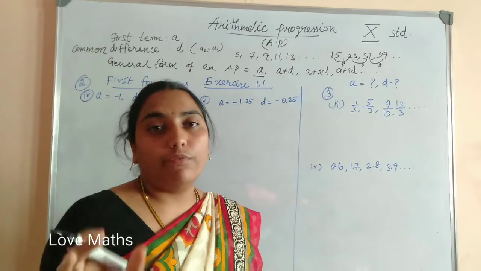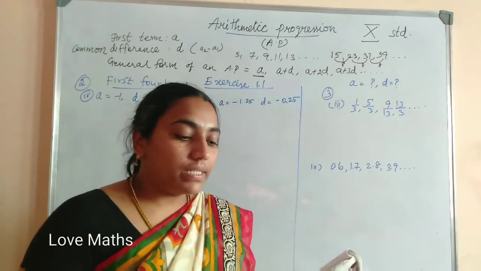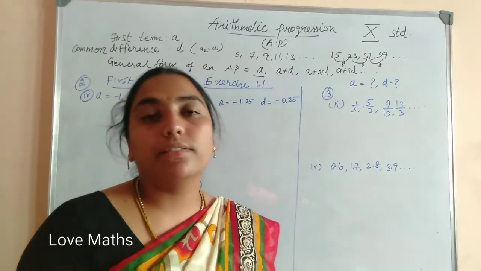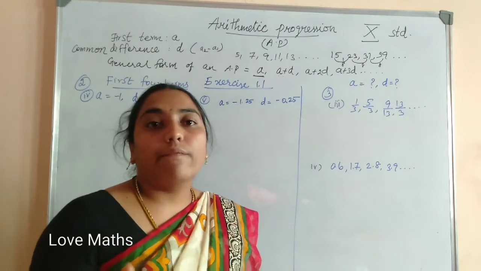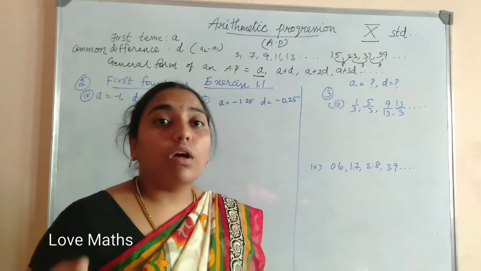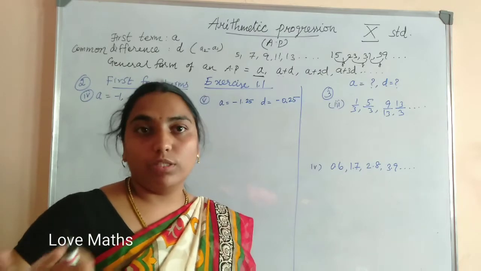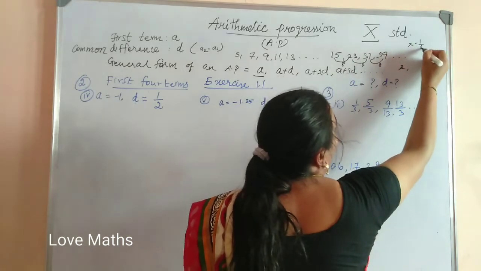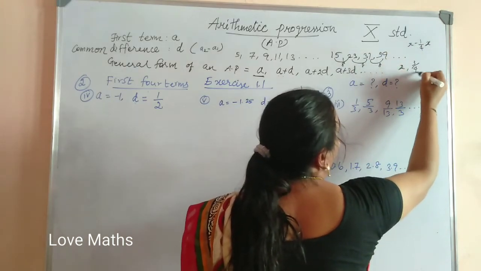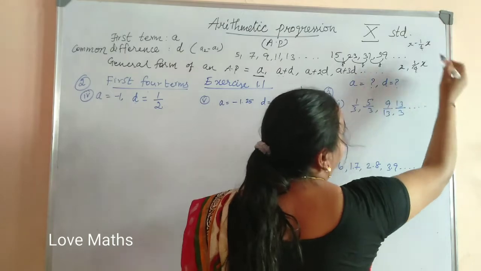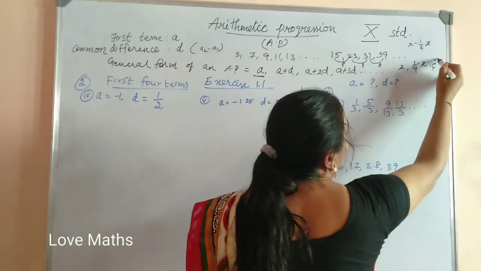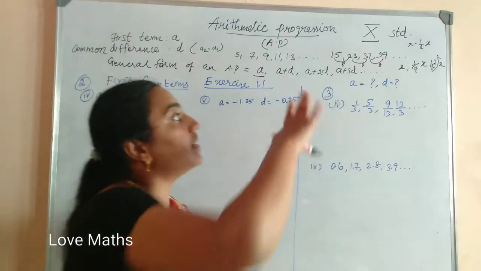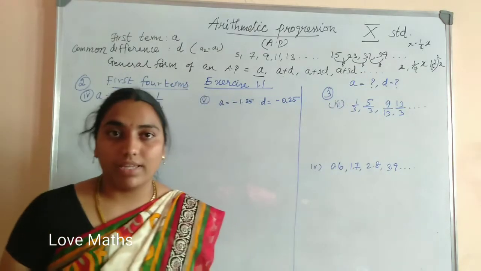Next, the amount of air present in the cylinder when the vacuum pump removes 1/4 of the air remaining in the cylinder at a time. In case the cylinder has X, it removes 1/4 of X at a time. So first it is X. Next time it is X minus 1/4 of X, so the answer will be 3/4 of X. Like that it will continue. Next it will come as 3/4 whole squared of X. So it is not an AP, because the common difference is not equal.